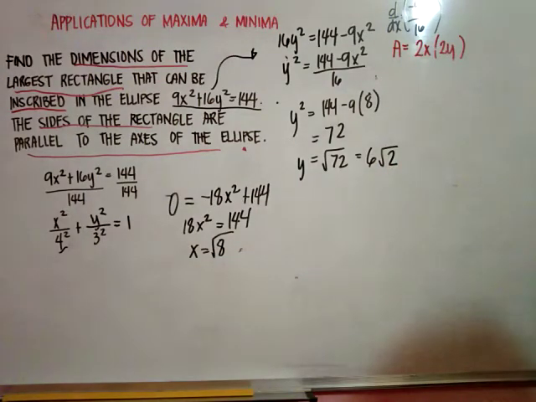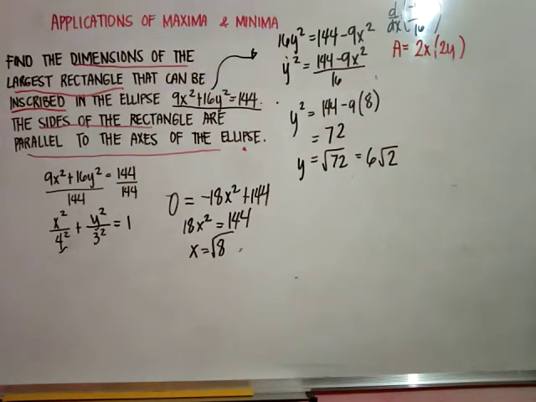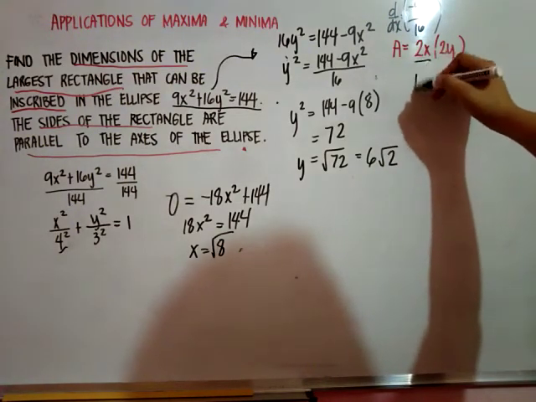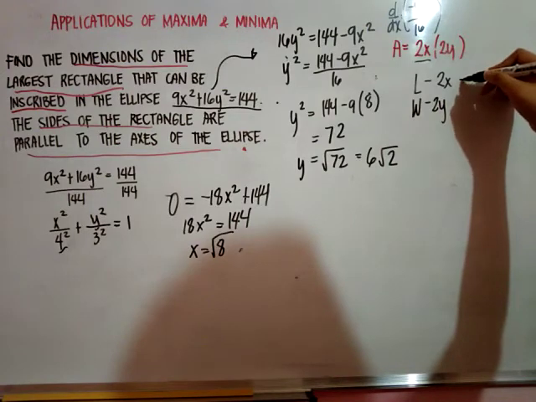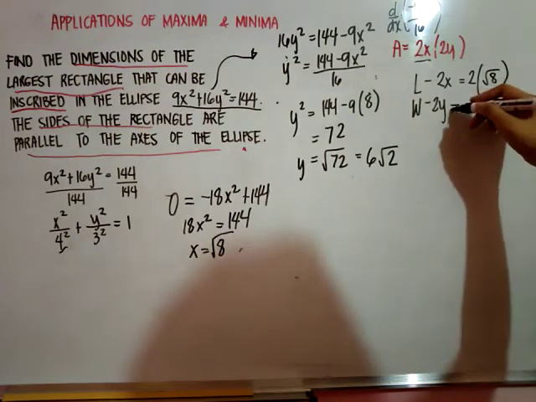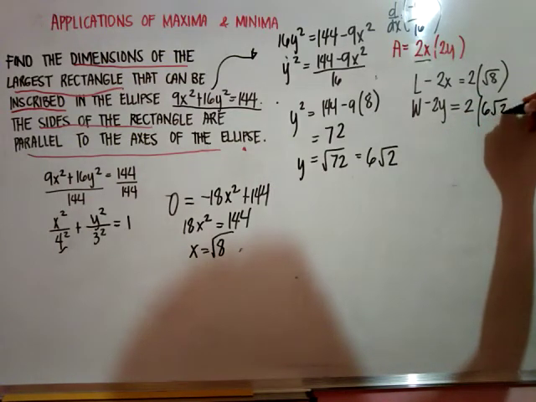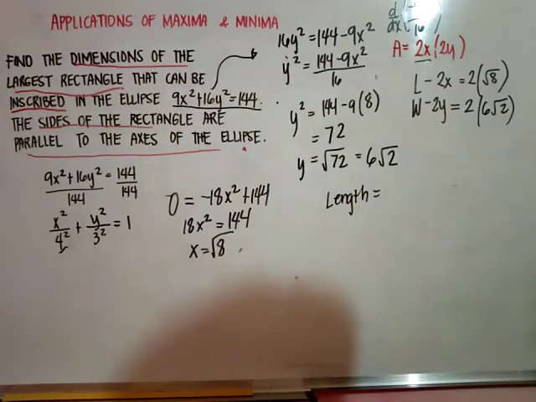So, para makuha natin yung actual dimensions of the largest rectangle, we have, di ba yung sukat niya is 2x by 2y. So, yung length niya is 2x, then yung height or width niya is 2y. So, the dimensions will be 2 times x is ito, 2 times square root of 8. Then, 2 times, ano naman yung y? 6 is square root of 2. So, the dimensions will be, the length will be, 2 is square root of 8 is,